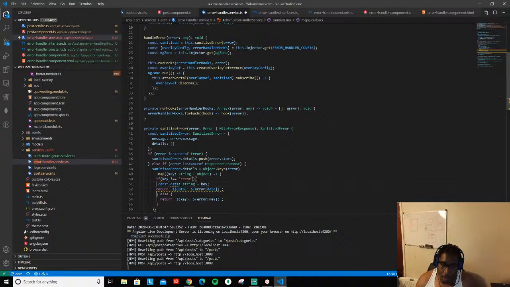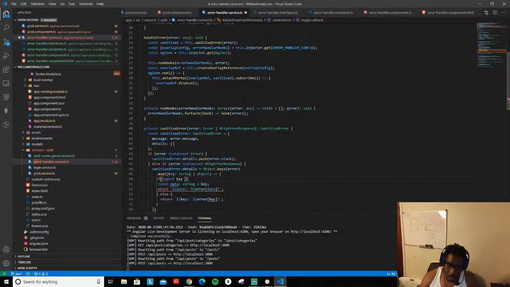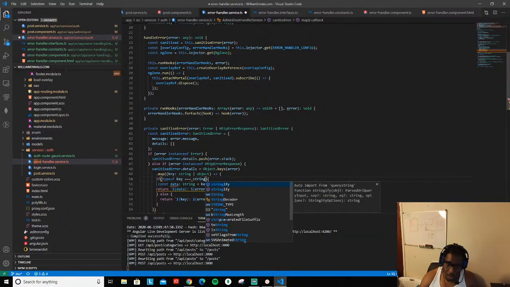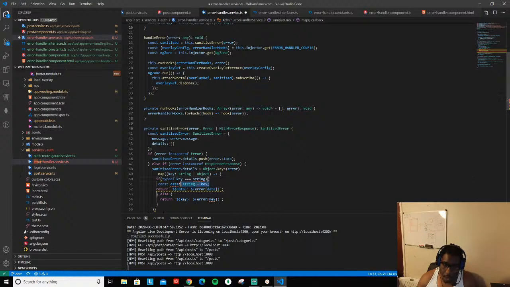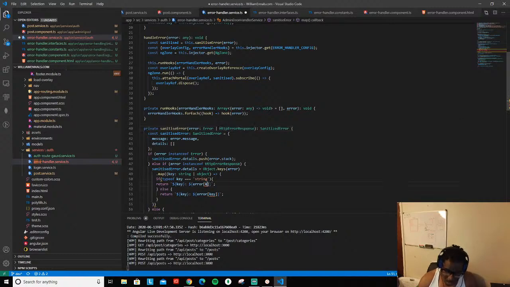If key, if type of key equals string. So by doing this, we don't have to do that checking. Boom, and then I can put key back. So now that works. Else, and then I'll do an else if because we want to